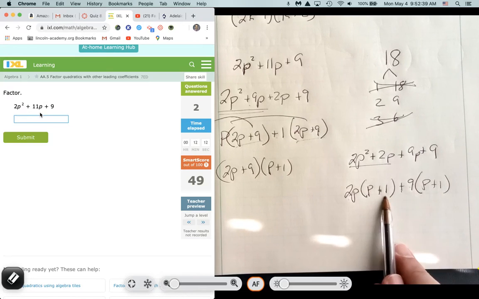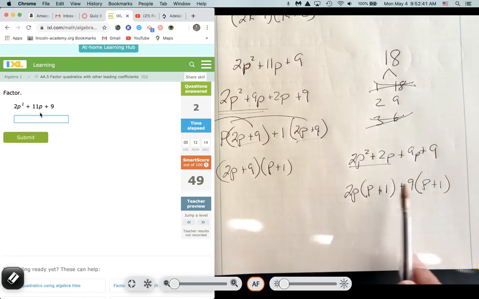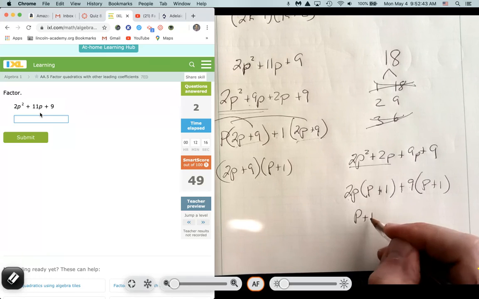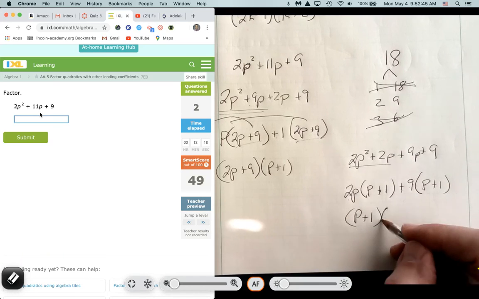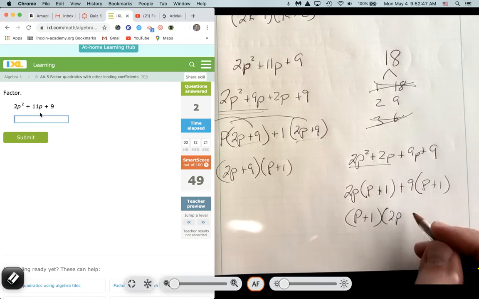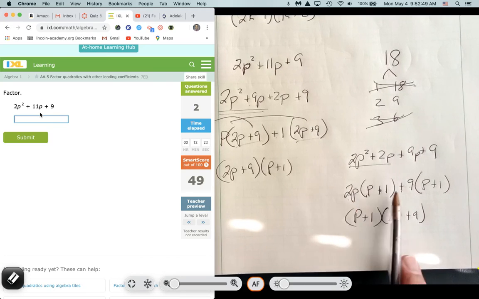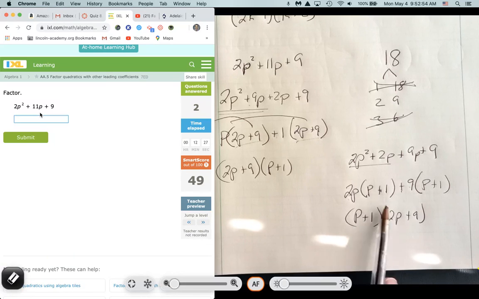There's my set of parentheses, this p plus 1, that when I factor in front, p plus 1, leaves a 2p and a 9 inside the parentheses. You notice these are exactly the same, just the order is different as far as the p plus 1 is in front. And again, it doesn't matter. So I just come over here and type whichever one I want to type in first. I'm going to do the p plus 1, and then I'm going to do the 2p plus 9,